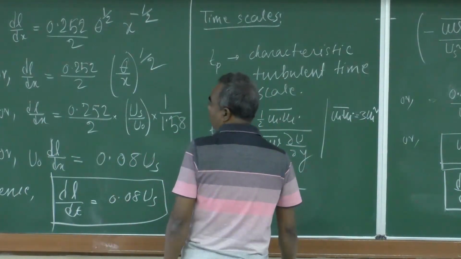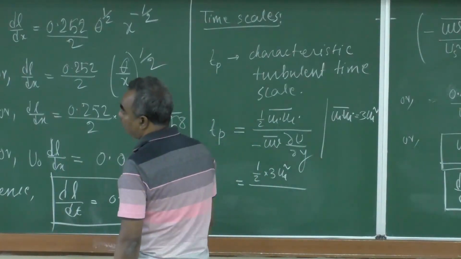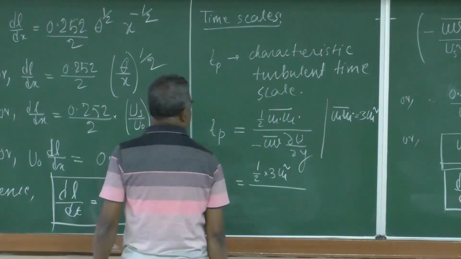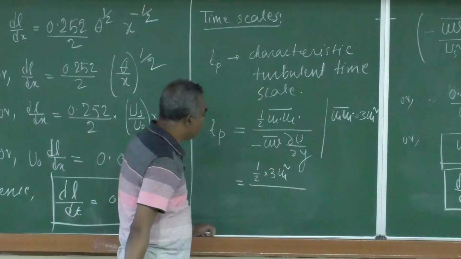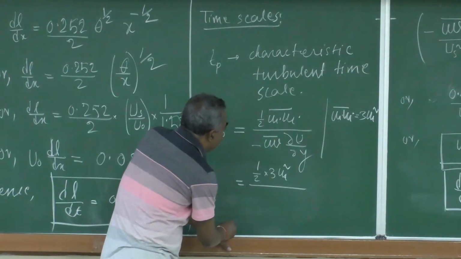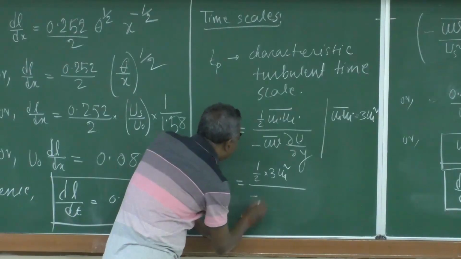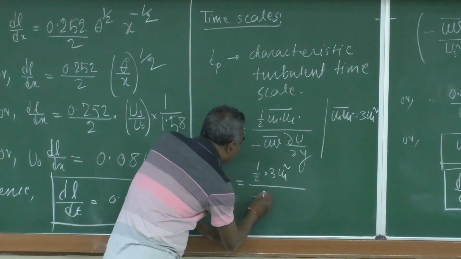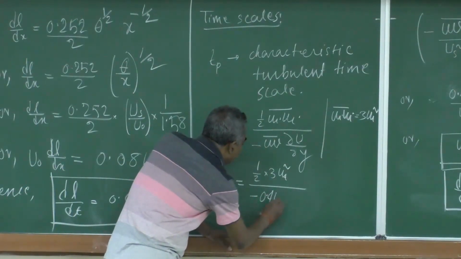So, these other things we have removed. Now, what can we do here? This uv we can approximate as 0.4 ut square,